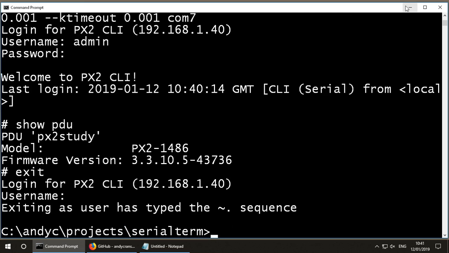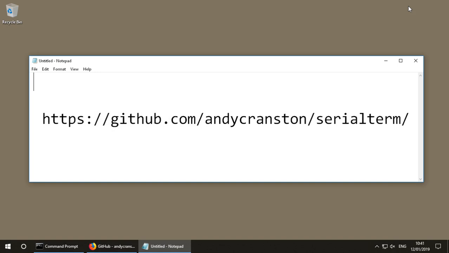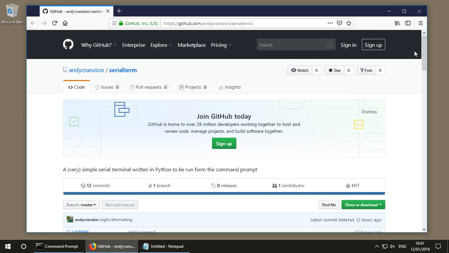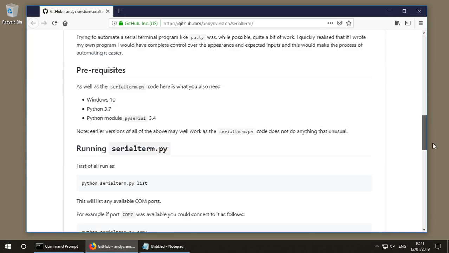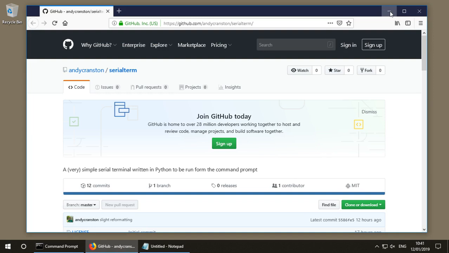So that's how to use the program. Those are the simple features in it. Now I will point out it's not really a program that you would use interactively like I've been doing through this demonstration. The purpose of this program is to allow it to be controlled by another automation program. That's the primary reason why I wrote it. You will find a few more details in the README file on the GitHub page, which you can see there, and have a good old read. But that should definitely get you going,